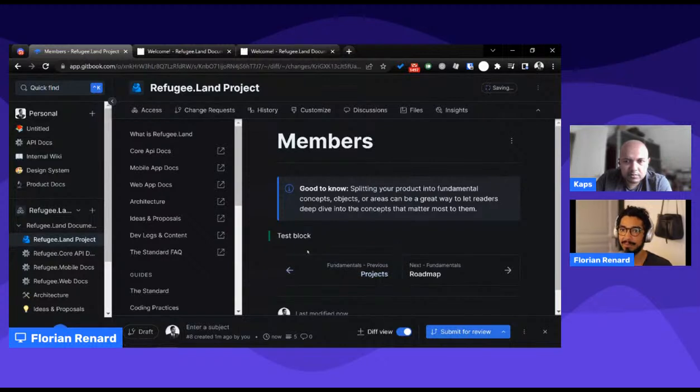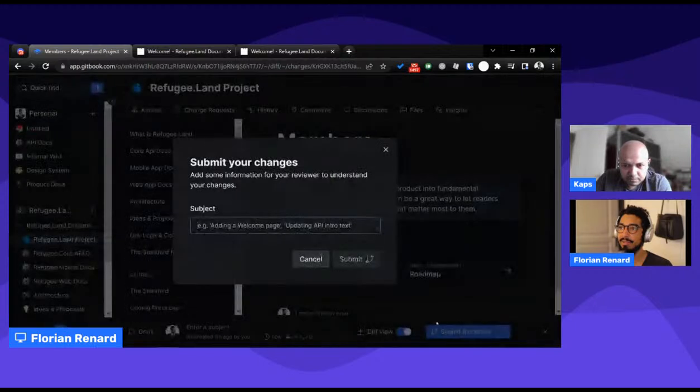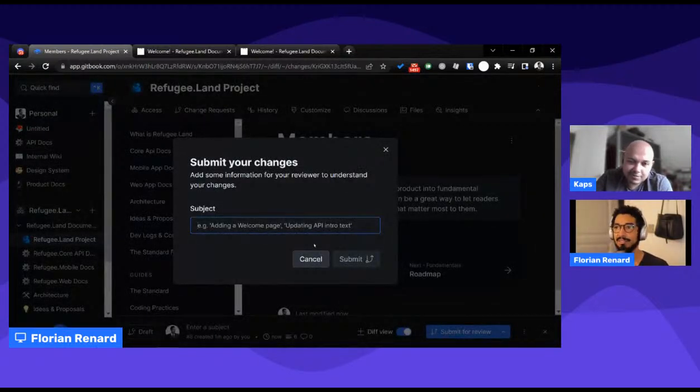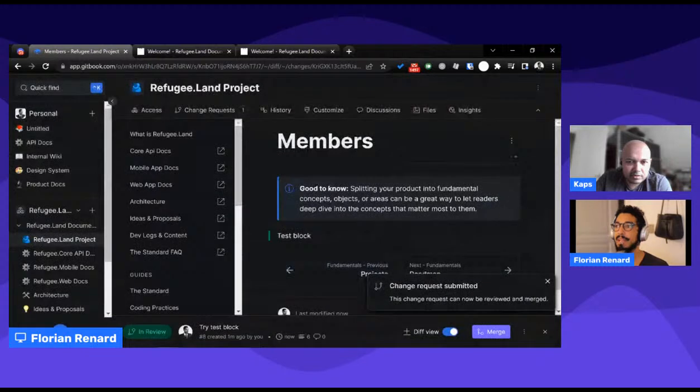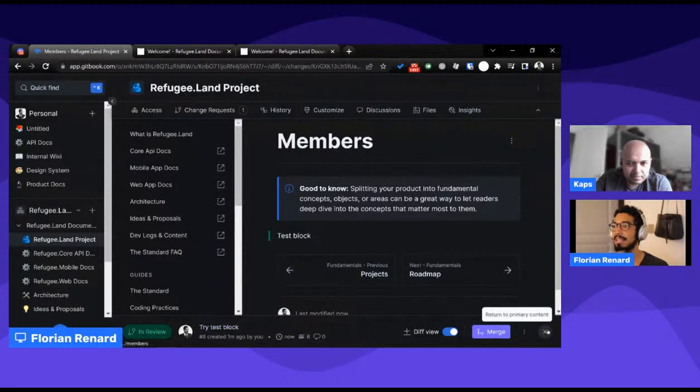Can you see? Yeah. Okay, so let's click on submit for review. I can give it a title, it's kind of like the commit title. Let's say try test block, and I can submit it. And now that it's been submitted, I can exit the edit mode,